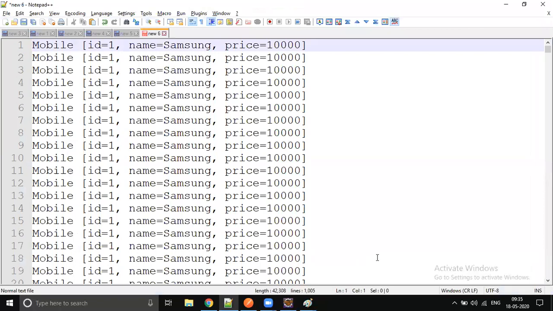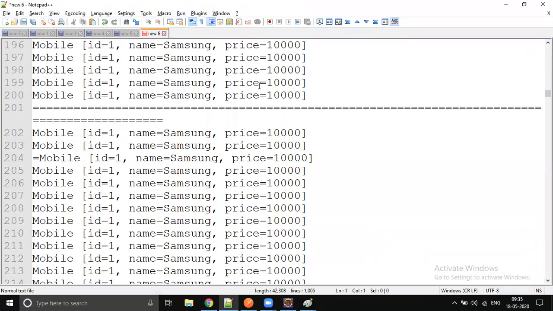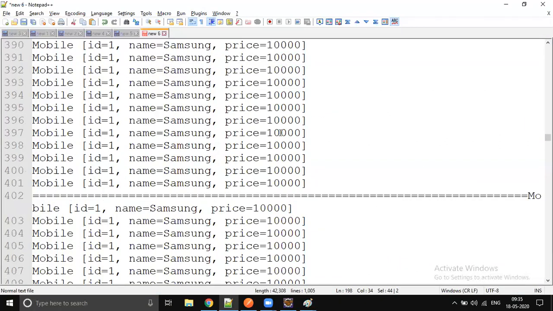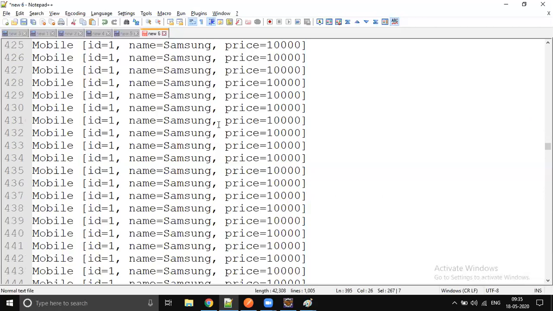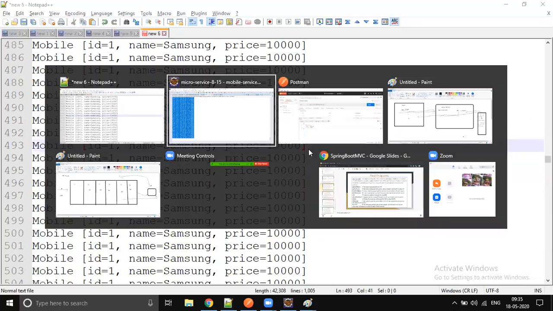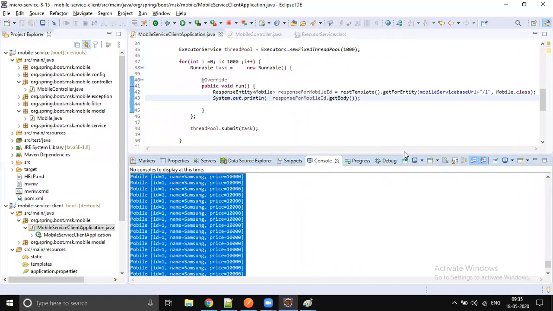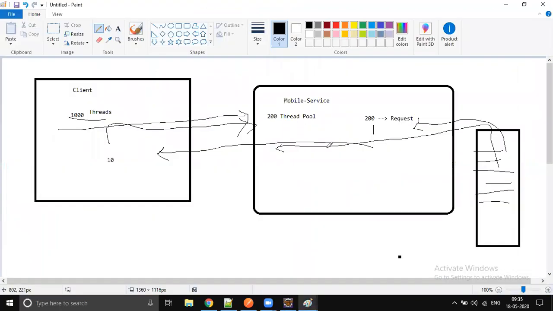If we go and see, for every 200 lines there is a line separator. This is the first batch, and the next 200 is the second batch. So it's batch by batch processing. We could see that very clearly, hence proved whatever we discussed.